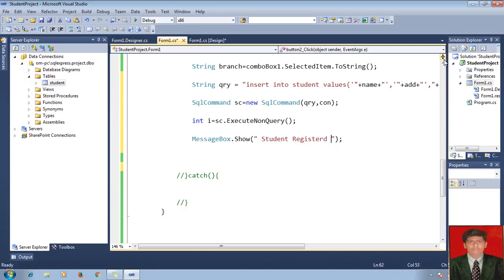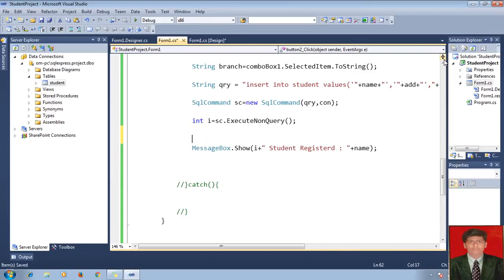Fine, one student registered. So let me go for here i plus. Okay, who is registered, boss? What's their name? Let me give a name. Okay, student registered. Fine, boss. So if i is greater than or equal to 1 only, else